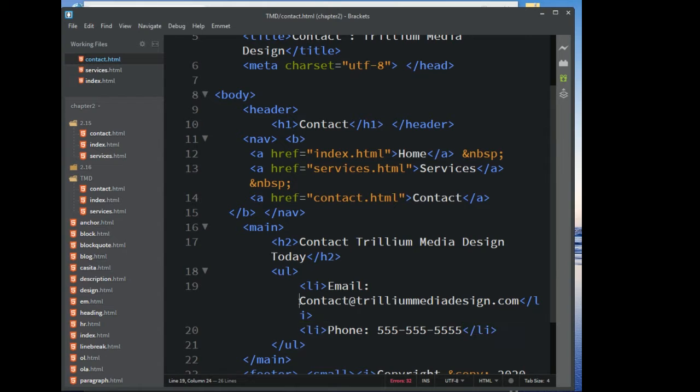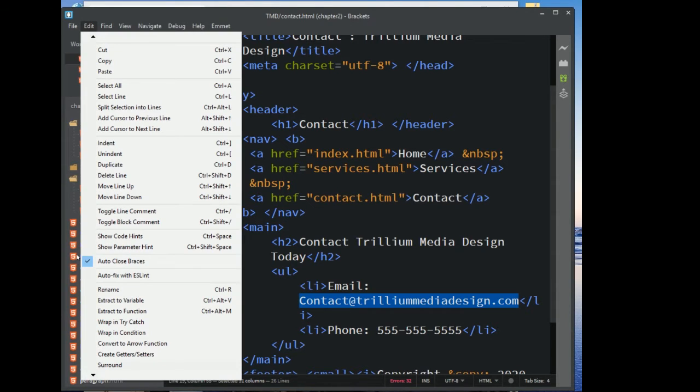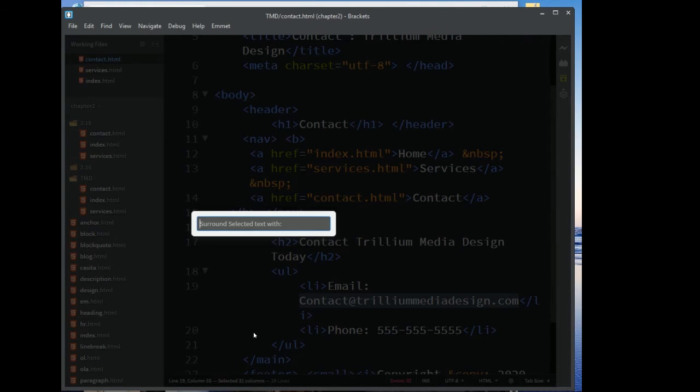And so I want when they click on this email that it will go to an email server or try to open up an email server. So I'm going to put in an anchor there. This one is going to be a little more complicated because we put in the mailto via the hyperlink and we tell people to go to the actual email list with the mailto. So to do that, we're going to do the edit surround again or Control Shift J. And we're going to start with our anchor tag. So the A, href,